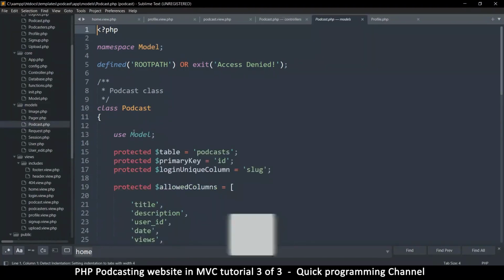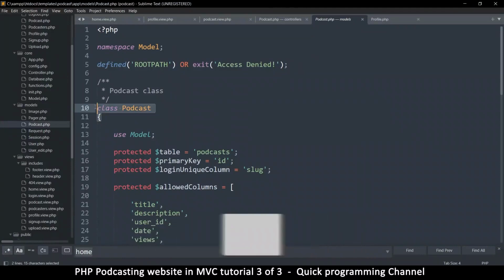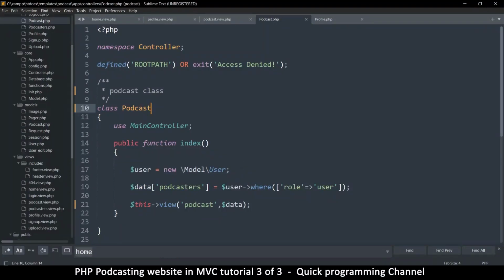Because you should remember that when you're loading a page, everything is loaded in as a single page and then processed. So if we had this class podcast and code it, it would have a problem with this other class podcast over here. But this one is in a different namespace, so that's why they can survive together. So